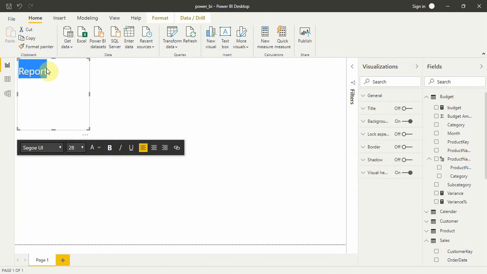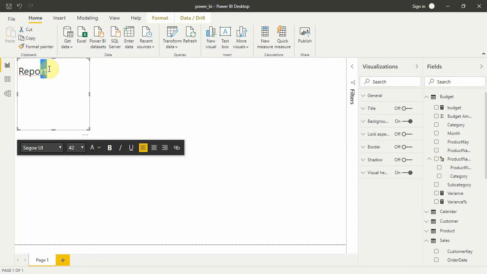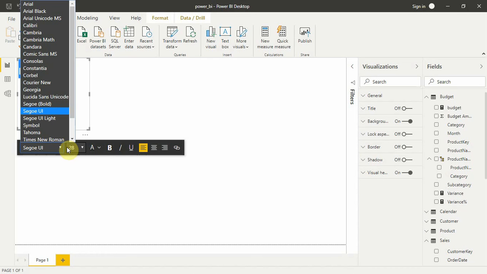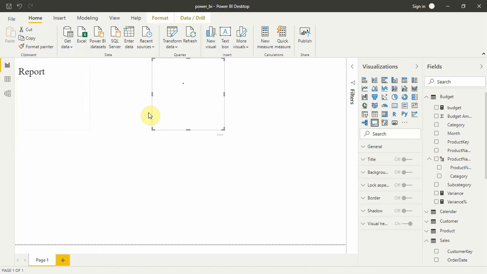Perfect. Cool, cool, cool. So all right, let's change the font as well. Times New Roman. Cool. So we have written report here.